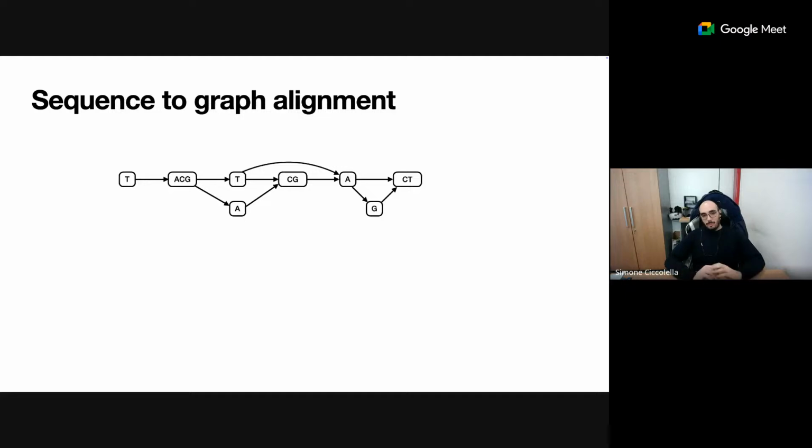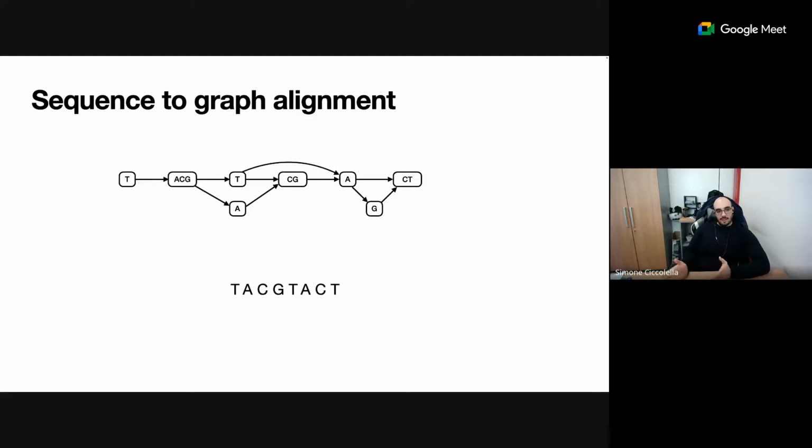Okay, so suppose now that we solved the Pangenome construction and we want to use it. The first idea that comes to mind when we want to use a Pangenome is to do, for example, a sequence alignment. Typically, we all know how to do sequence-to-sequence alignment. That's what we usually do when we want to analyze and to map reads. In this case, the problem is a bit more difficult, right? Because we have to do a sequence-to-graph alignment.